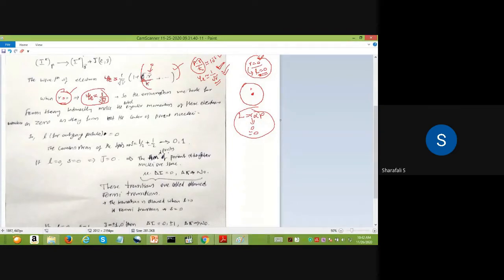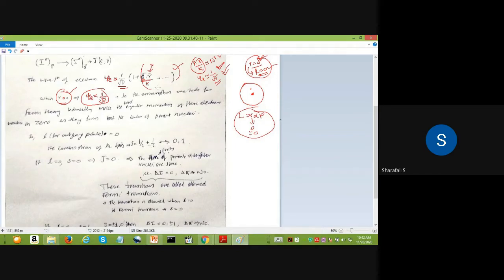So when r equal to 0, the angular momentum is 0, and indirectly we have made that condition in our derivation. Okay, so that is the important factor that we have to consider in this particular equation. When we took psi e equal to 1 by root v, we indirectly made the angular momentum of that electron equal to 0, which means that the electron is formed at the center of the nucleus.